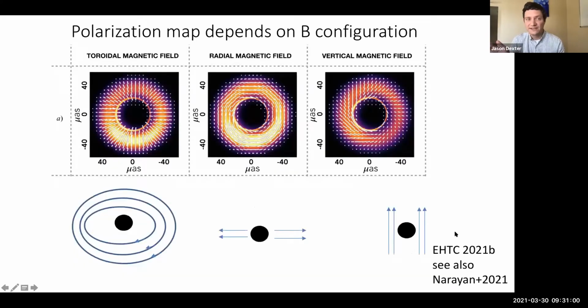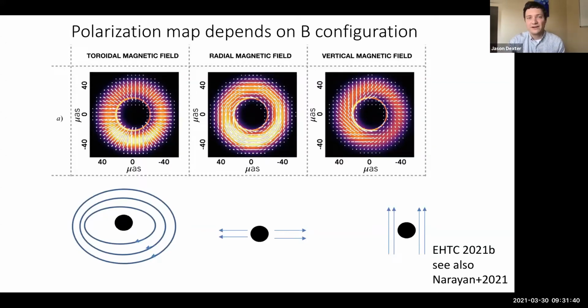Okay, the next basic thing that we would like to do with polarized light is study magnetic field geometries right next to a black hole on event horizon scales. And the way this works is that the polarized synchrotron radiation is emitted perpendicular to the wave vector, to the line of sight, and to the magnetic field direction. And so if we can map out the EVPAs, that will depend on the magnetic fields that are near the black hole. And we can learn about what magnetic fields are doing near black holes, which is a really important type of measurement to make, since those are the magnetic fields which are launching jets and are allowing the gas to accrete on the scales where energy is released right next to the black hole.